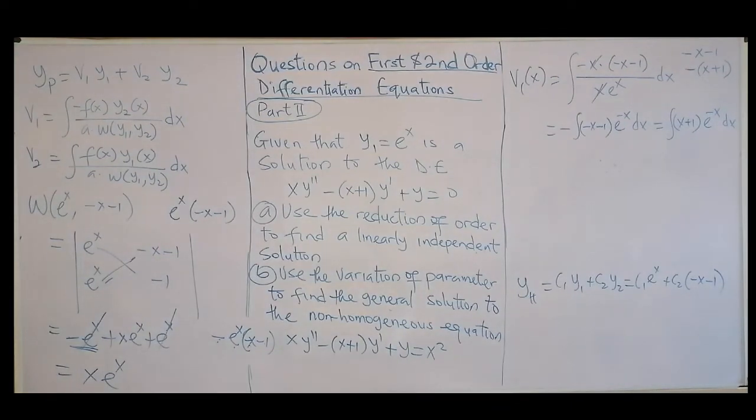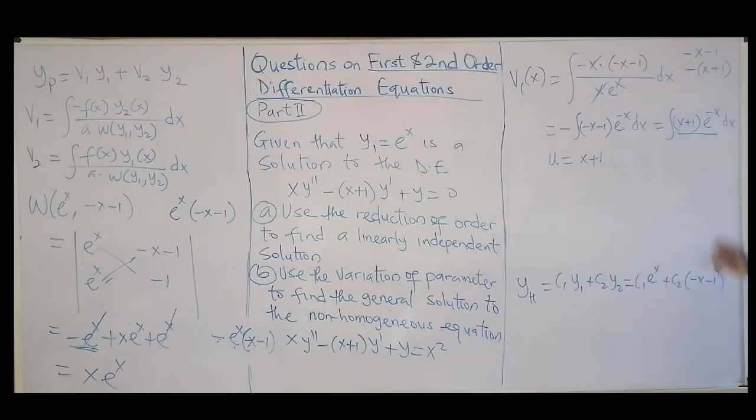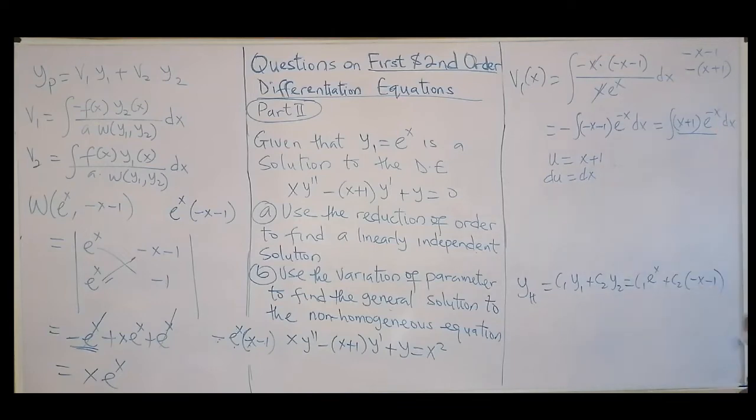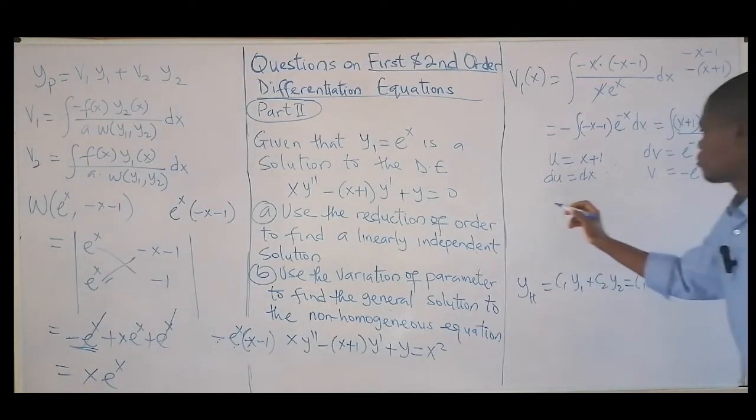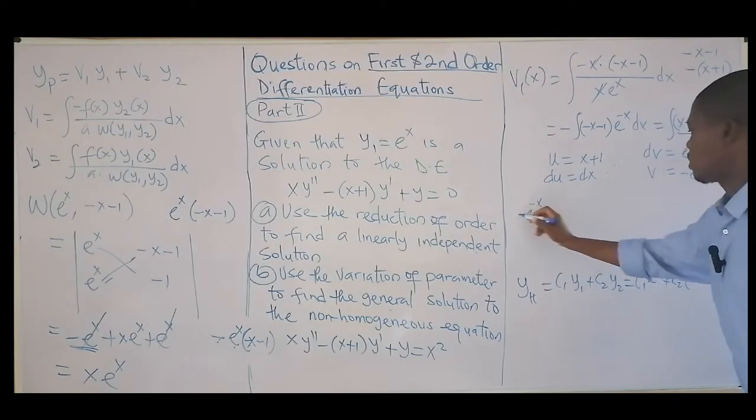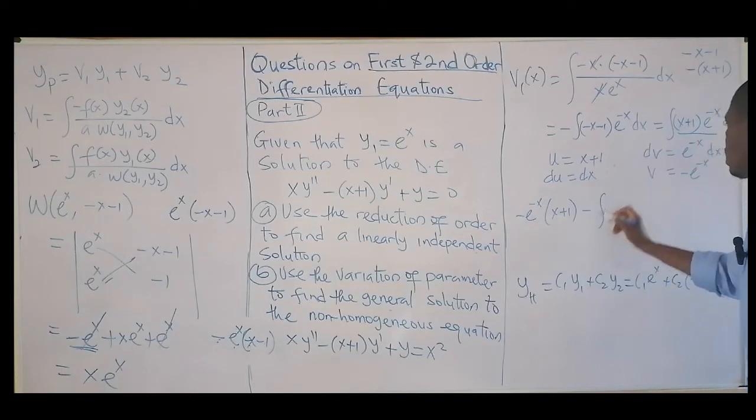Then I think we can use integration by parts to do that. So use x plus 1, because this is a product. We can use integration by parts. The u is what? x plus 1. Then the dv is e^(-x) dx. So v is what? v is e^(-x) divided by minus 1. So uv is e^(-x) minus that into bracket x plus 1, then minus